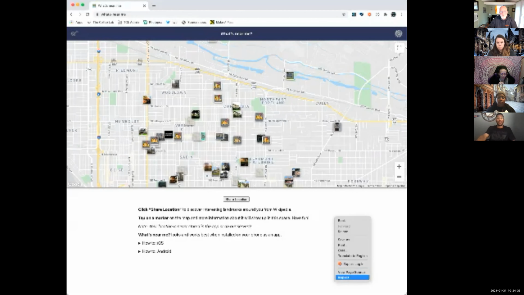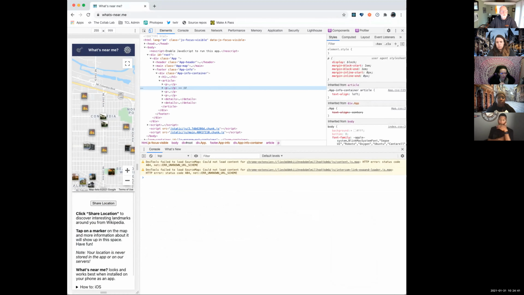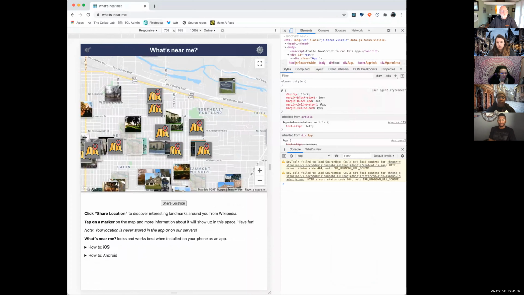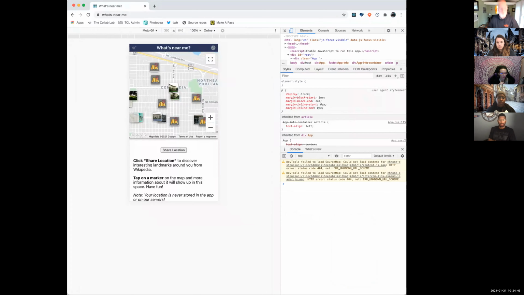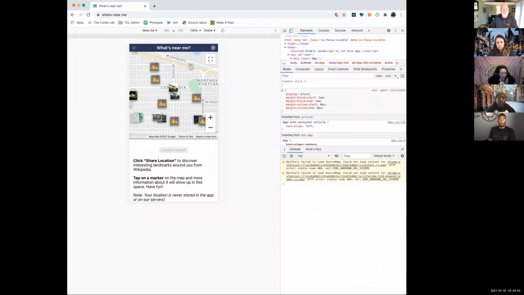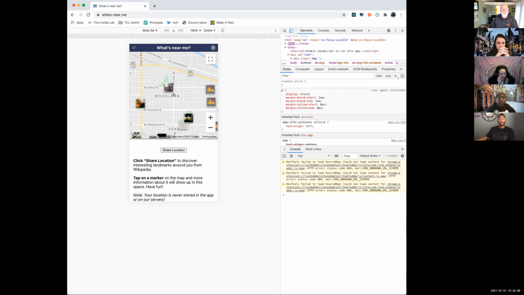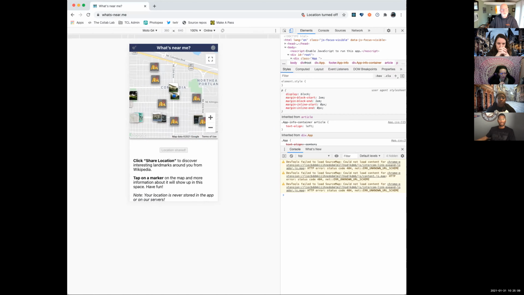So the way I had it set up when I did it is that you come and you're able to interact with the map, whatever. And then it's only when you hit the share location button that it then centers on you. I don't have a way to turn it off, but when you first come in, it's not centering on you. And then you hit that button and that turns on the location watching.